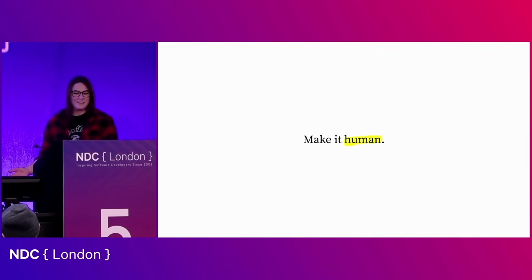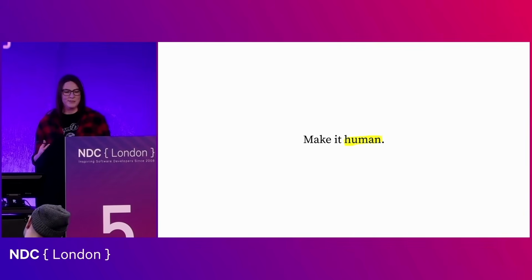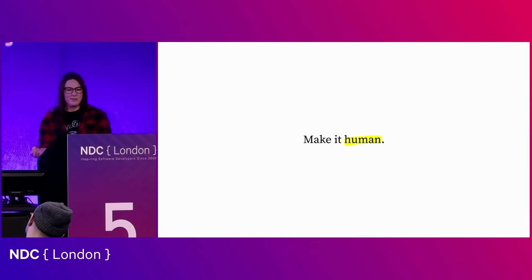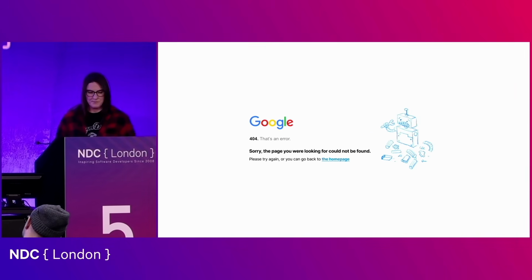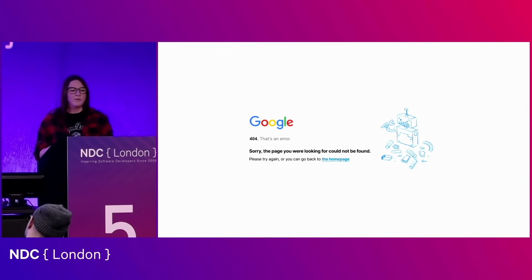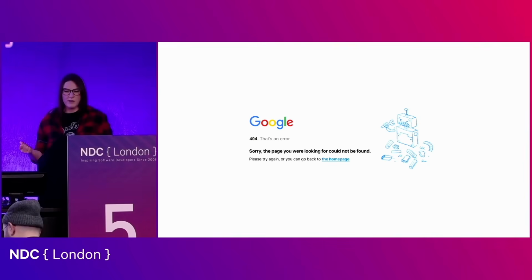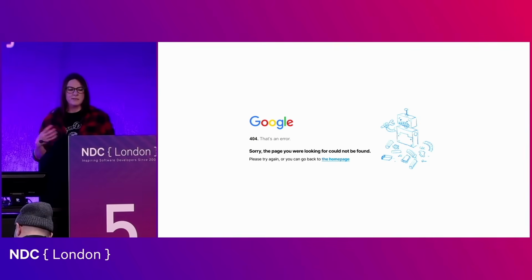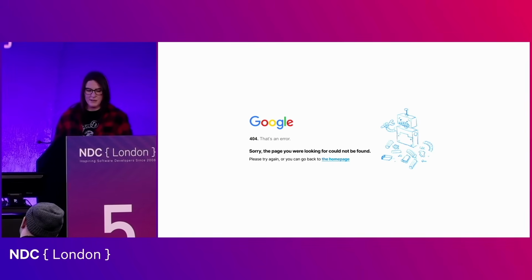This is a great place where we can use language as a UX tool. So instead of being really technical with the messaging, we make it clearer, we make it helpful, we make it human. We use plain language. And it doesn't have to go overboard. I often see really playful or funny examples of 404 text where it's not necessary. A simple sorry can be great. And then a bit of signposting the user to either go back or towards another link is fine.